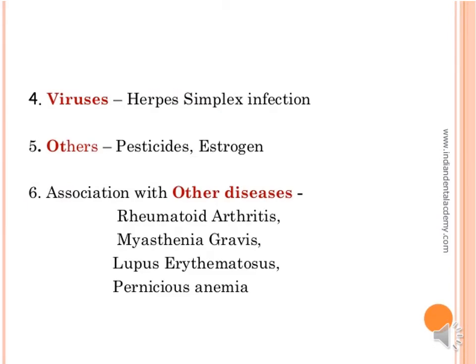Other etiological factors are viruses like herpes simplex infection, pesticides, and estrogen hormone that affect the tissue surface. Other factors associated with other diseases like rheumatoid arthritis, myasthenia gravis, lupus erythematosus, and pernicious anemia all relate to